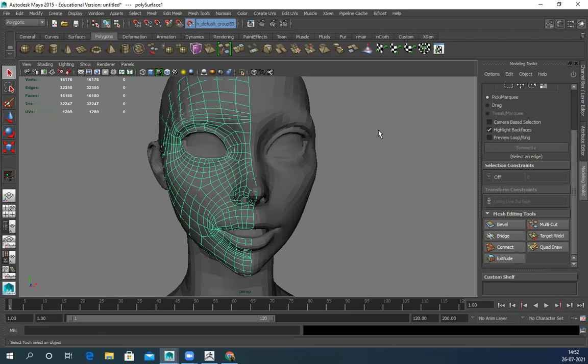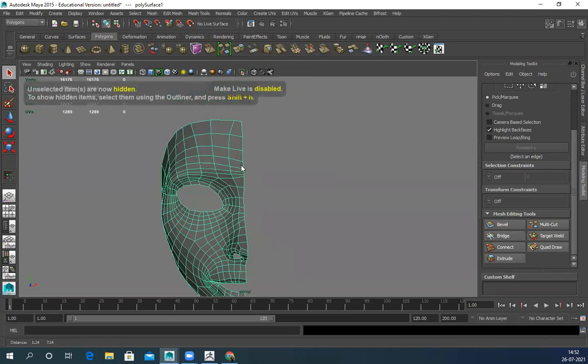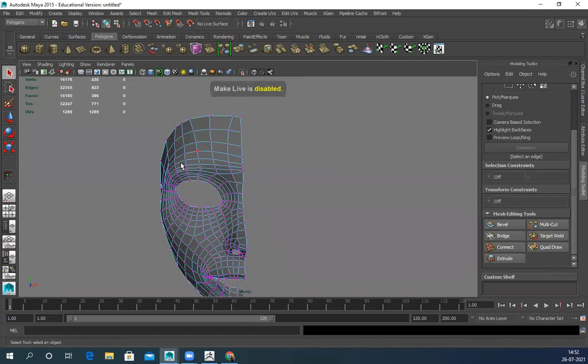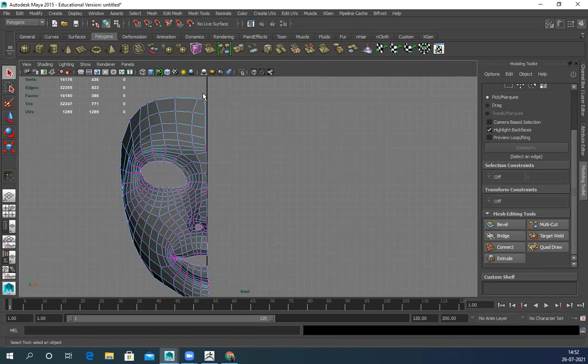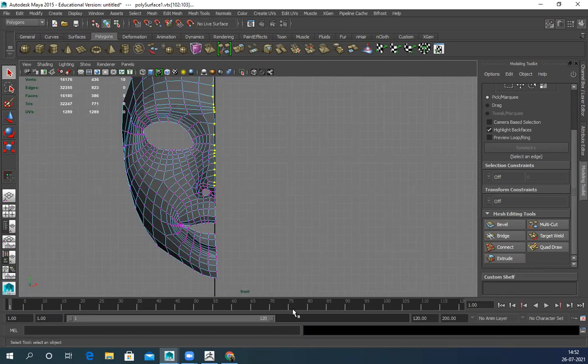Mode, Alt H, front. Make sure this line is perfectly straight.